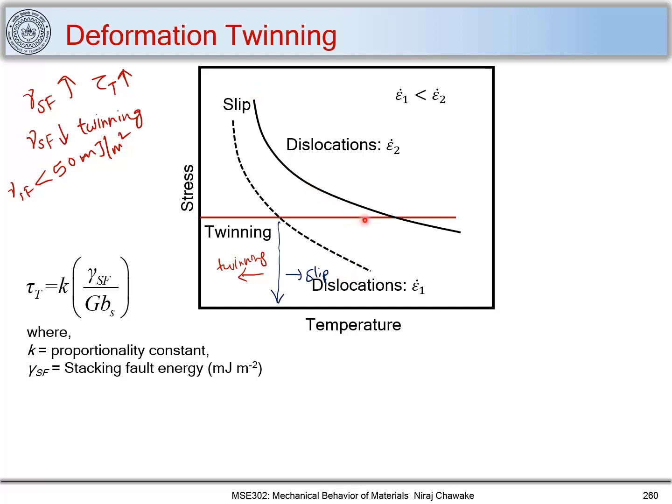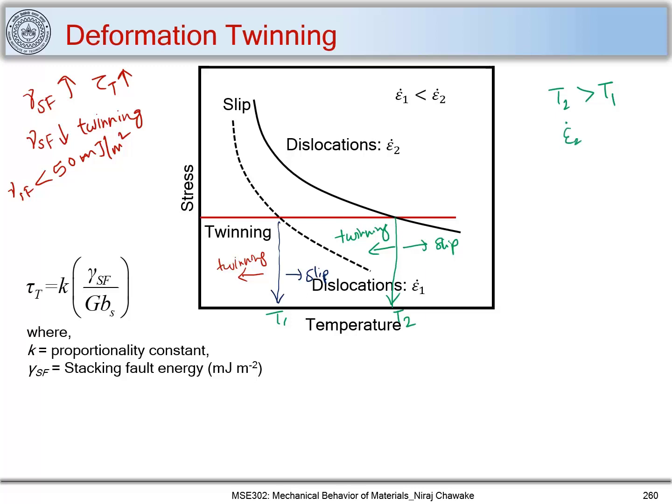If you consider this scenario, at strain rate 2, let me mark that also, here slip will occur, and below this temperature twinning will occur. Let me mark these temperatures as T2 and T1. So you can clearly see that T2 will be greater than T1,